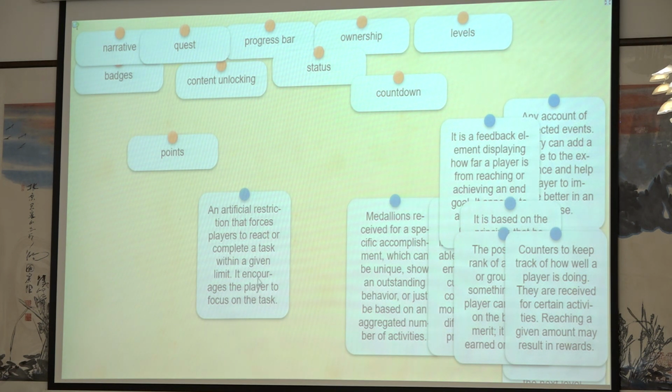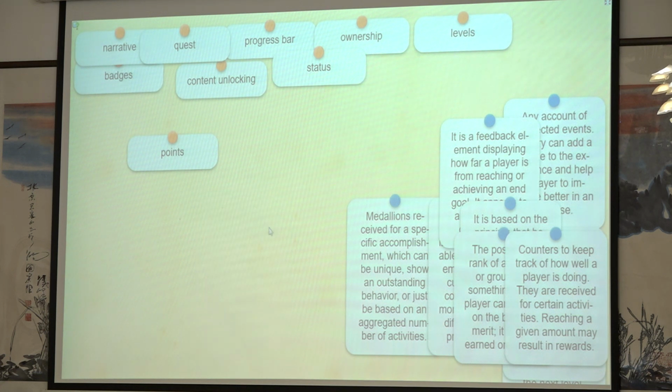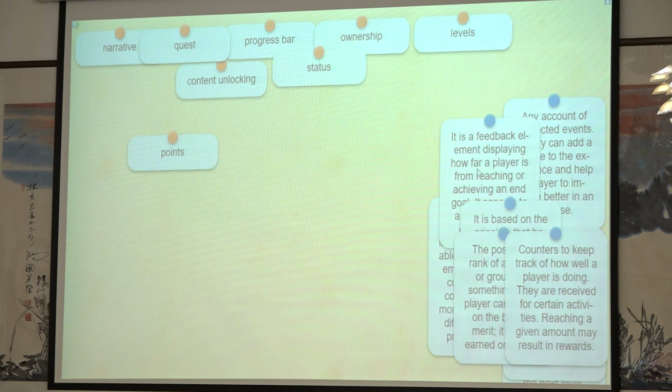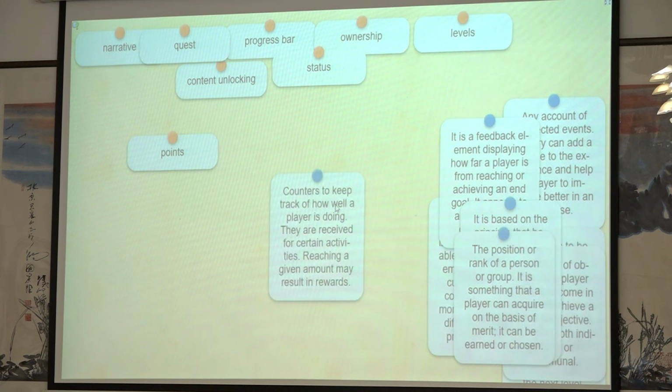This is the countdown, very good, yes, or some kind of time pressure. Medallions received for a specific accomplishment, which can be unique, show an outstanding behavior, or just based on an aggregated number of activities. These are the badges. Very good. You're very good at this.